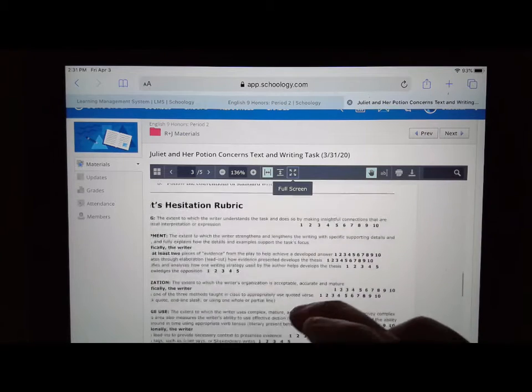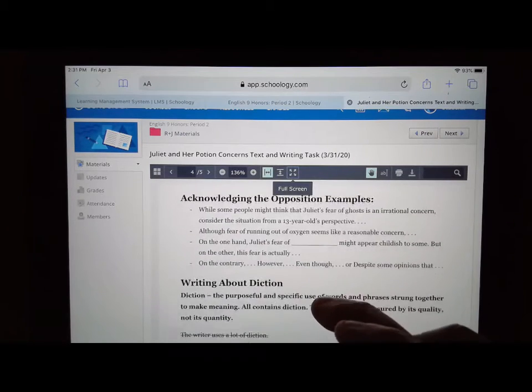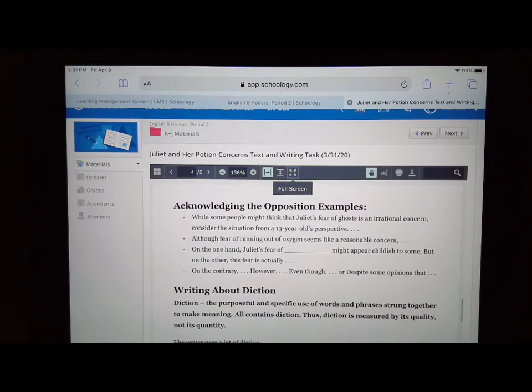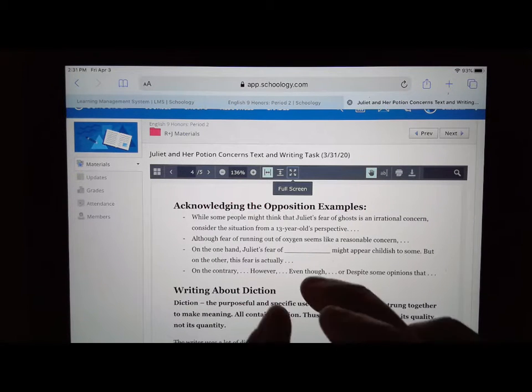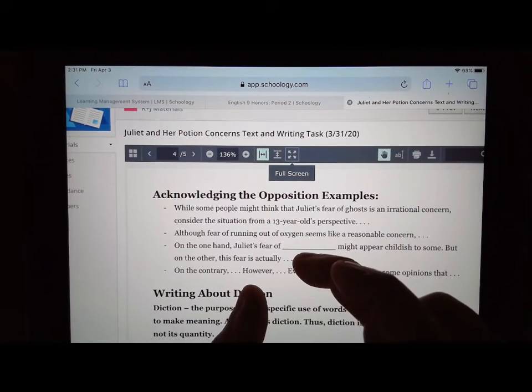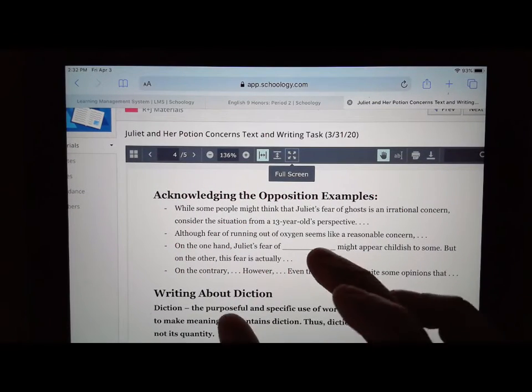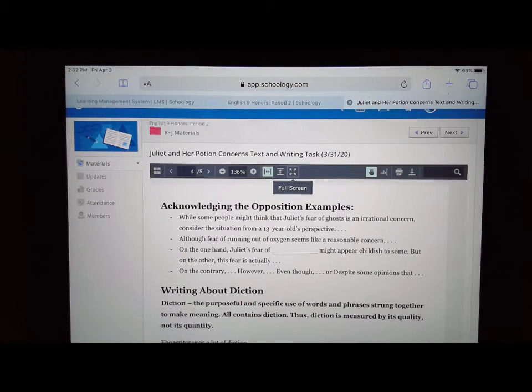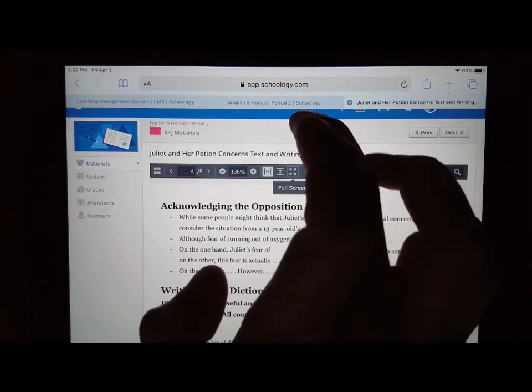And there are some examples about acknowledging the opposition here in terms of language. And these ones are good, and you can kind of use them to fit your need. Anyway, and going back to my other tab,